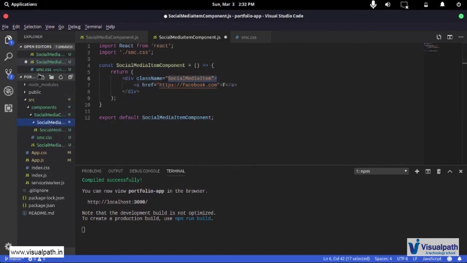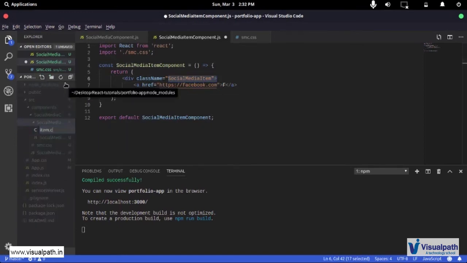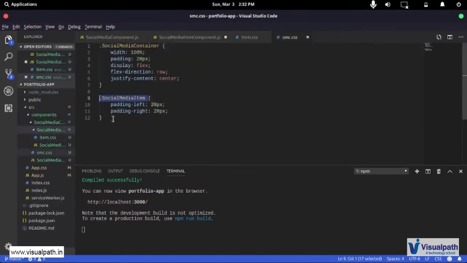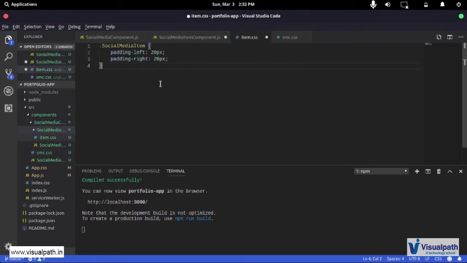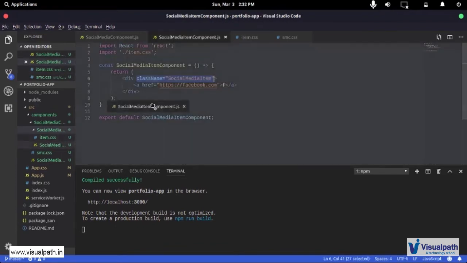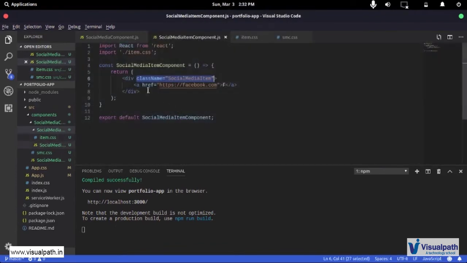and inside this I'm just going to call it item.css. So here it's the item.css, and I'm going to copy from myself again. I'm going to cut this from here, copy this, and paste this. Now in this component, rather than importing this CSS, I'm going to import item.css. These things right here are always going to be the same, and this is in our CSS now, in item.css, so this will work. Now what I want to do is make it so that this link and this text can be made interactive.